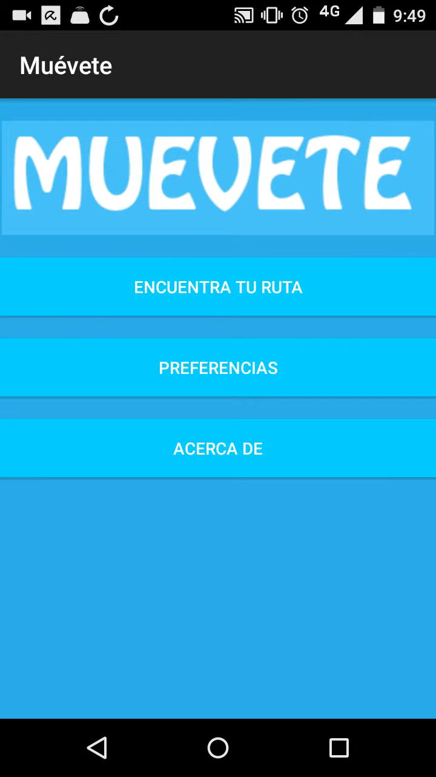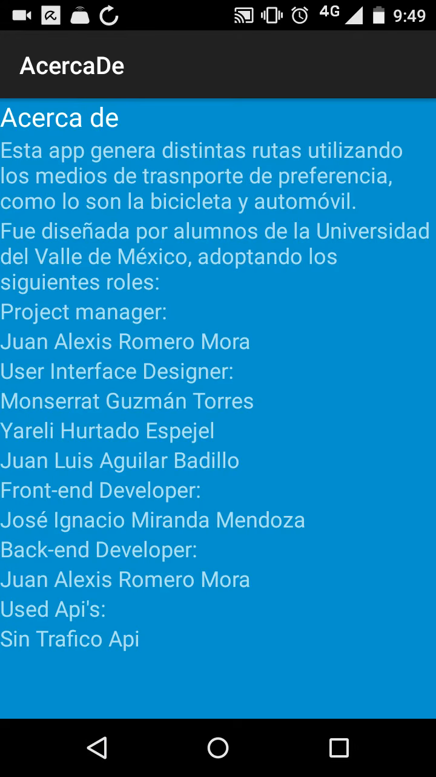So in summary, this is an application for using several routes. This was made by students from Universidad del Valle de México. We are Juan Alexis Romero Mora, Montserrat Guzmán Torres, Yarelius Hurtado Espejel, José Ignacio Miranda Mendoza, and Juan Luis Aguilar Vadillo. We use the Tráfico API for getting the routes and the traffic information,